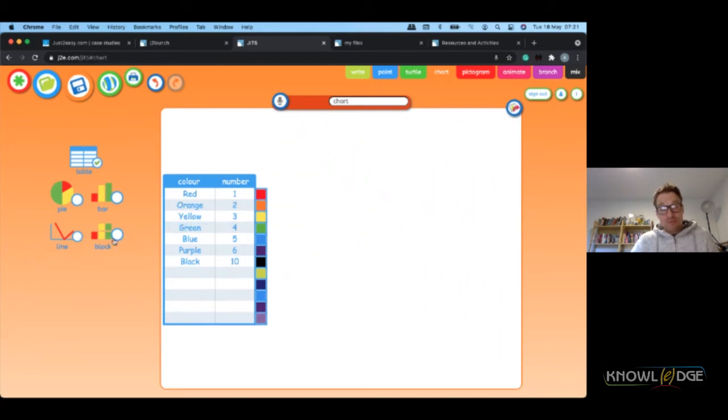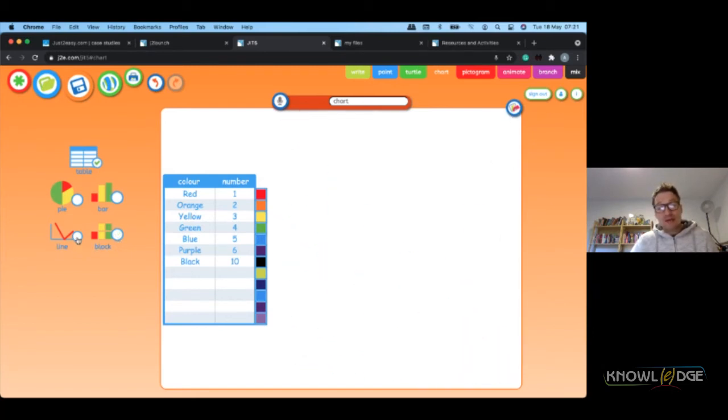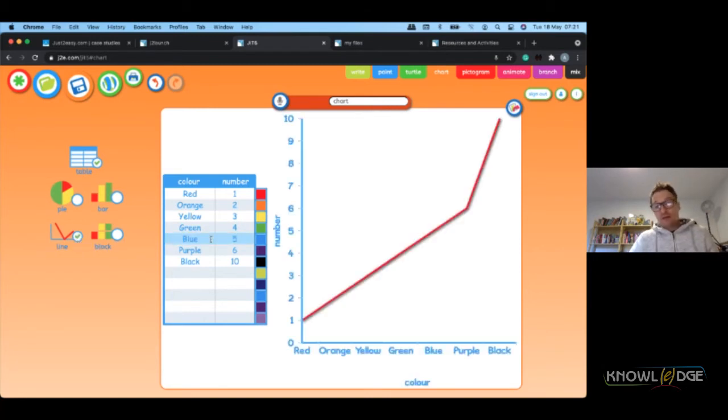If you wish, sometimes information is better presented in a block chart, or if you're counting things over time, for example, a line chart may be better. So that's how you can do that.